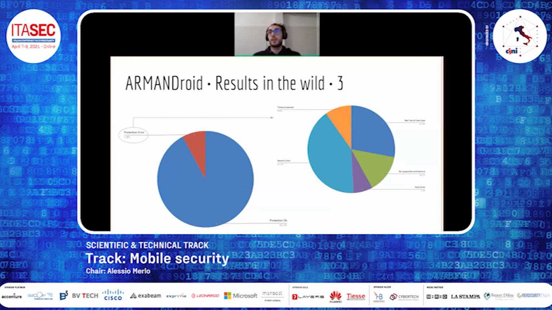For example, the green and the blue globes are related to the Soot library, Soot framework, and the purple globe is related to an XML library, which these libraries are leveraged by ARMANDroid to perform the protection of the application.